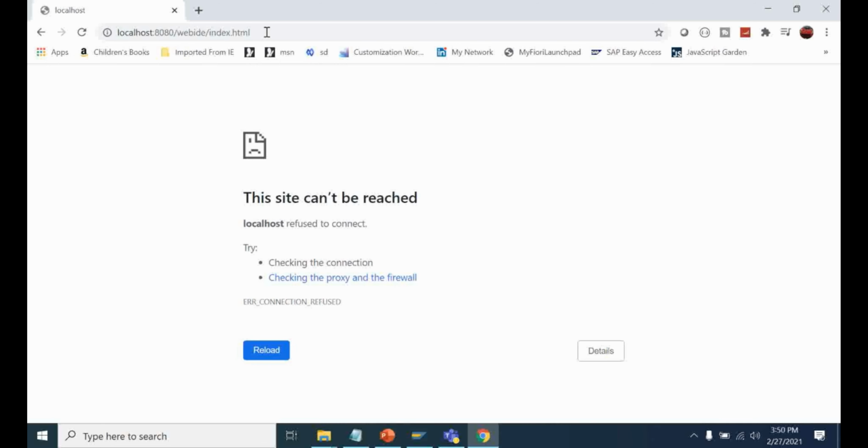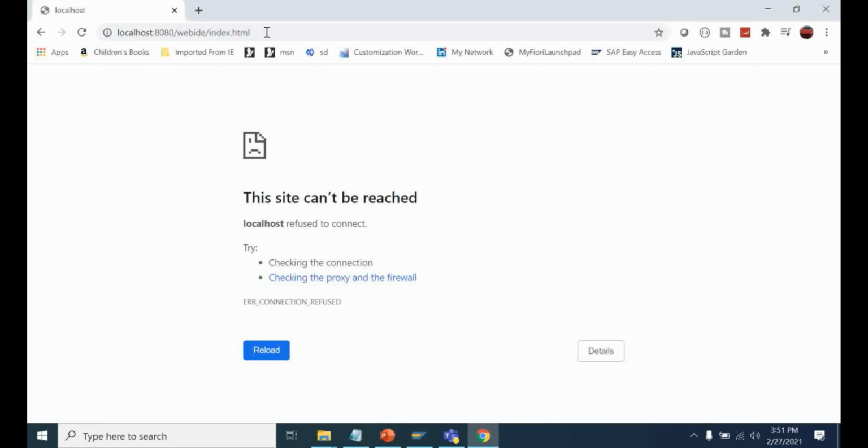Now it's trying to load SAP WebIDE. But it's not able to load. We got an error. There is a reason for this error. I made this intentionally. As I said before, when you want to run SAP WebIDE Personal Edition, the Orion application should always be running in the background.